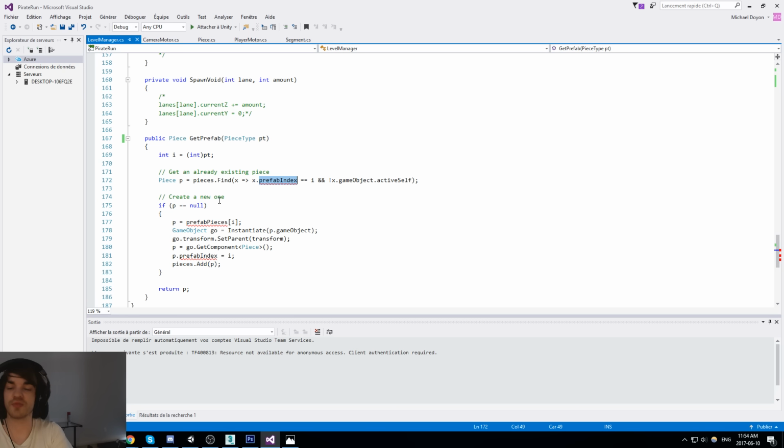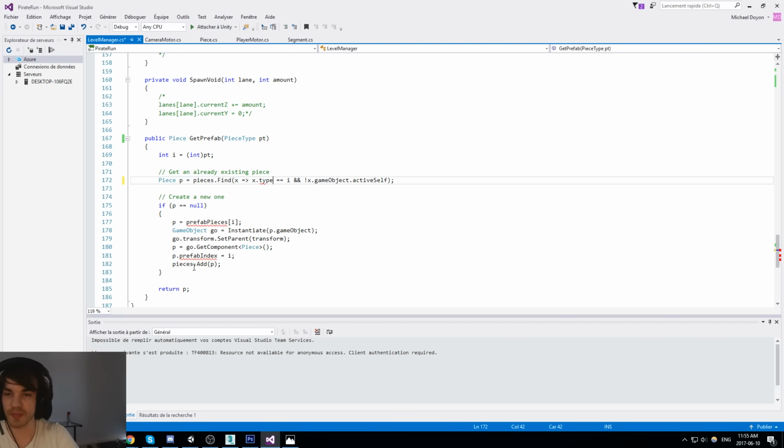Here's what I did. That's for my pooling mechanic, by the way. What I did is I was looking through every single active piece right now, and I would use them if it was the same type. So we can actually be doing that. Might be less expensive actually. So pieces, that's fine.